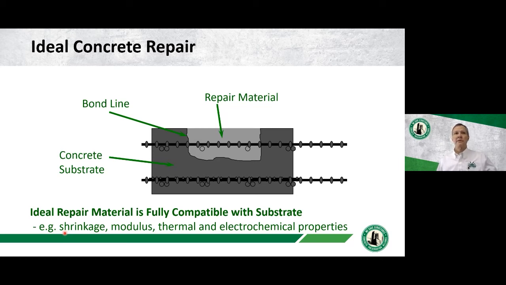the surrounding substrate concrete. We want the modulus of the repair material to be similar to the concrete itself, so that when you load and unload the structure, the load is carried uniformly through the section and not just concentrated in one section or the other. We want to make sure that the repair and the substrate are thermally compatible, so that when the structure warms up or cools down, all of it moves together and there's not one part wanting to expand or contract faster